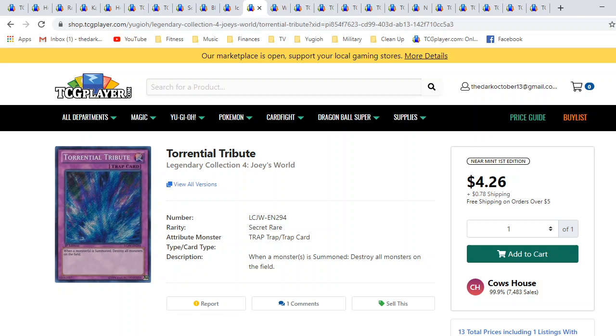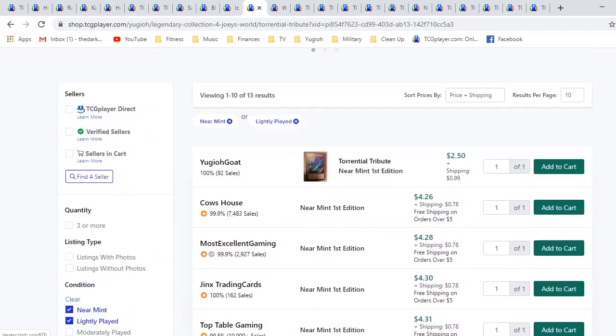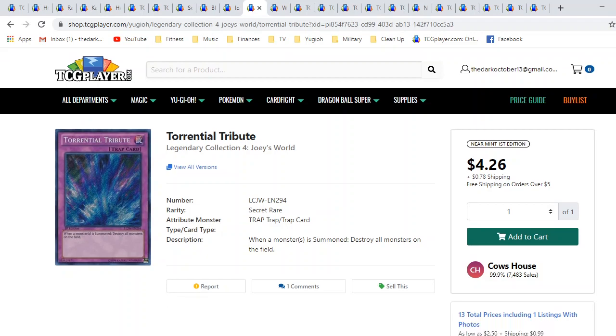The secret rare goes so well with water-looking artwork. And it's actually seen a very significant increase in value. I remember I was picking this card up. Again, these are all from Legendary Collection 3 and 4: Secret Dark Hole, Secret Torrential Tribute, Secret Compulsory Evacuation Device, and did I already say Bottomless Trap Hole? I can't remember. But all these really great old school core trap cards, and Dark Hole is a magic card, but anyway, we never had seen such high rarities in secret rare prints before until we got these